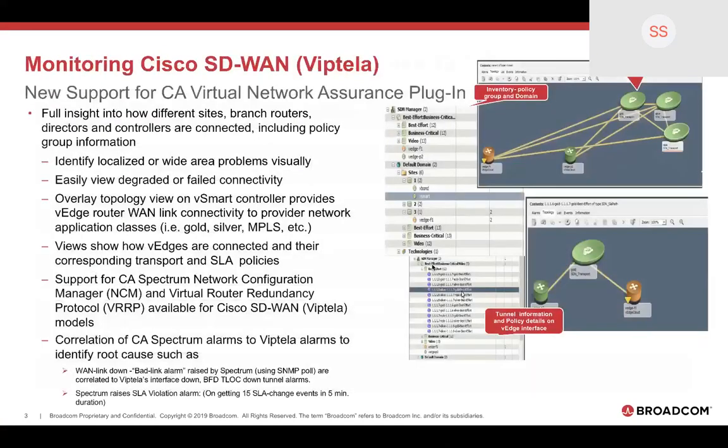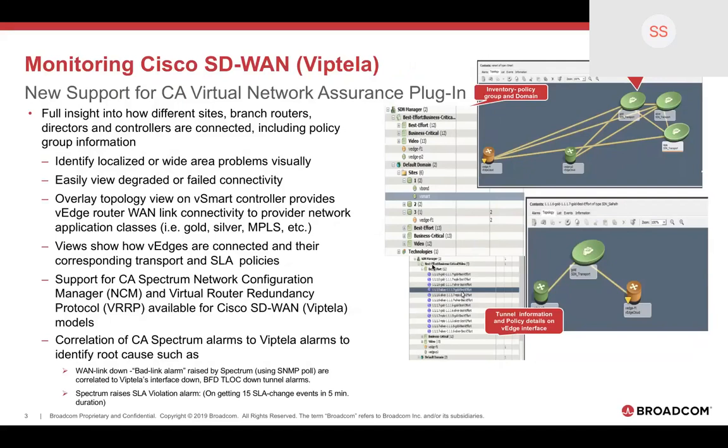Starting with our focus area in terms of the SD-WAN perspective. We have added two key SD-WAN solution supports in 10.3.1. The first one is with respect to Viptela, and the second one, which I'm going to talk about, is with respect to Versa, in conjunction with the VNA integration. Now, let's talk about the first, the Viptela integration. What you will get from the Viptela integration, I mean the Spectrum and VNA integration, as Spectrum customers, is